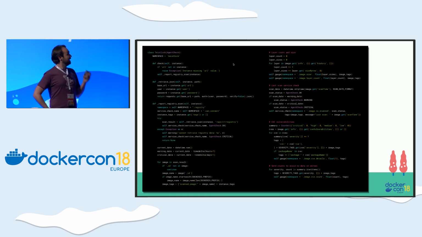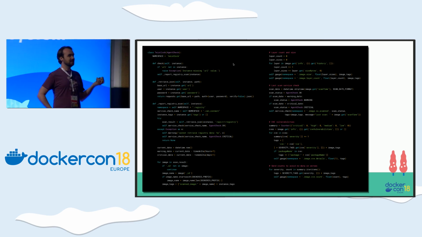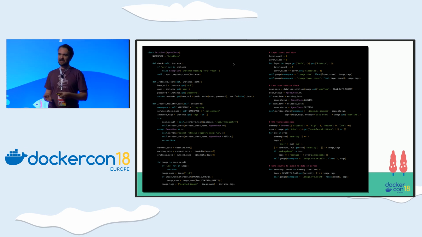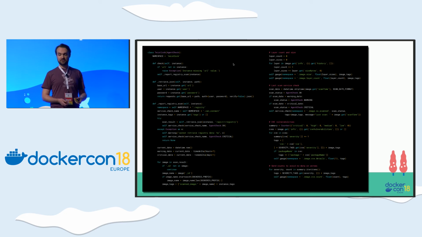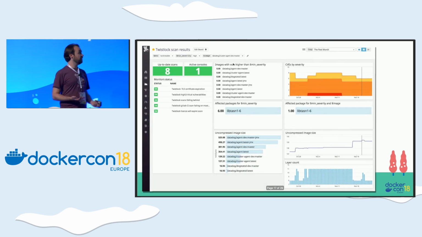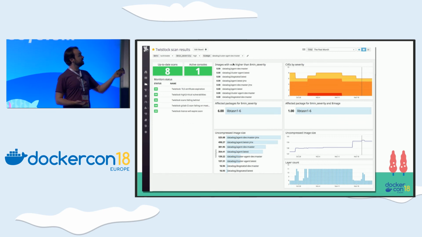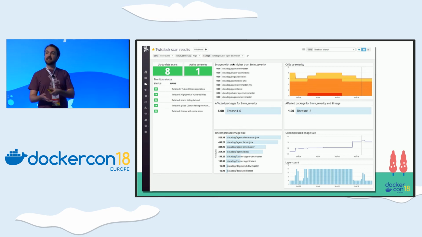So that was pretty simple. I won't go into the details of the check, but this is the Python code that allows me to get the metrics from Twistlock. So all the examples I'm showing are Twistlock, because this is the one scanner I've been working on, but we integrate with all the other scanners I was mentioning. And it's pretty easy. It runs every 15 seconds, gets metrics, gets the results of the scans. In metrics I can use, and then I can put everything in the dashboard. And I can see the images we are scanning, the severity, and also the size of the images. And this is something I can work with. And this is something that I can plug more scanners inside.